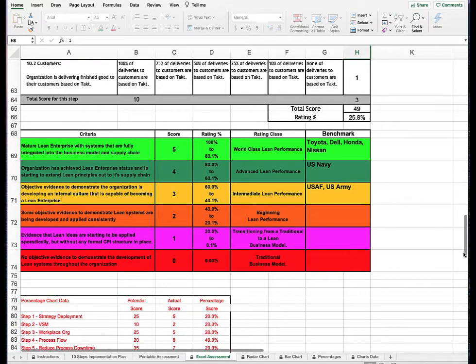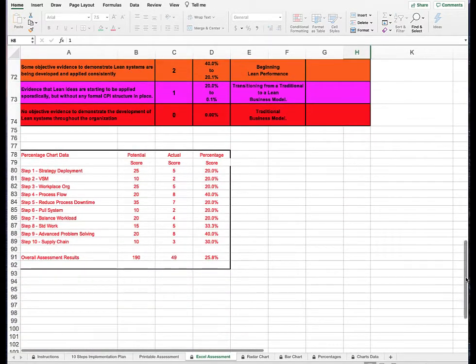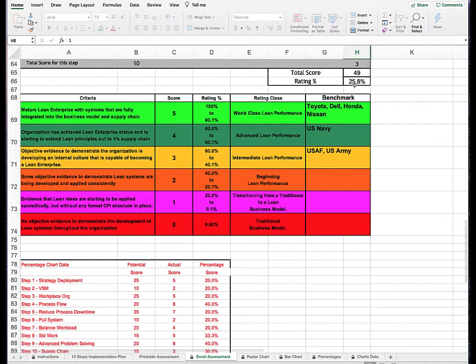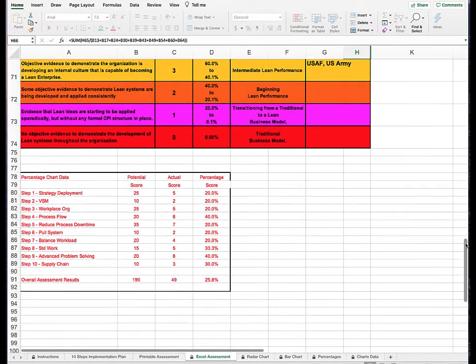Let me just explain this matrix down here. This is where all the potential scores and all the actual scores are, and then it gives the percentage. So that's where this number comes from here. This 25% comes from these scores all being totaled up. So again, the magic is all done for you. The calculations are all done for you. Once you've done that,